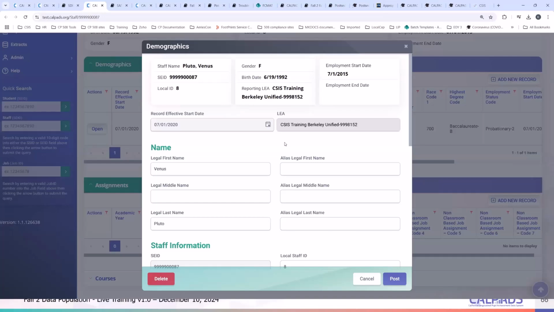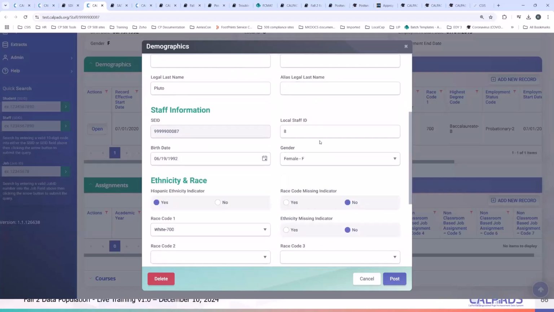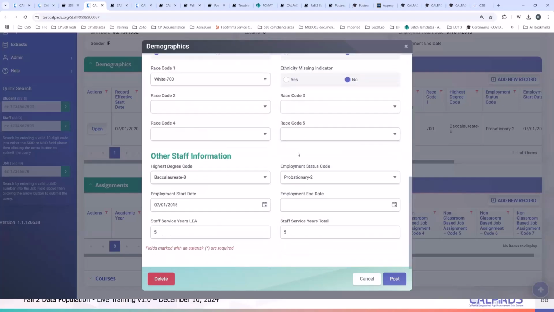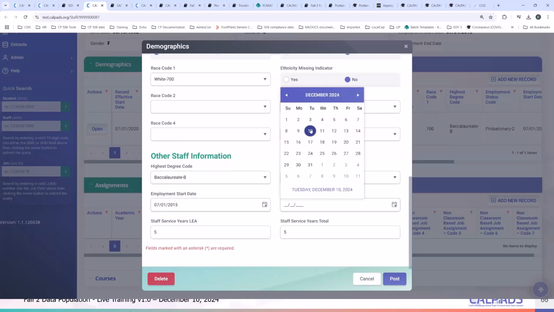How do you tell CalPADS to ignore a staff member for this current year? So let's say the staff member should not be reported, how do you do that? Right. So the way to do that is just to put an employment end date. So if you're doing this manually online, you just scroll to the bottom of the most recent demographic record that exists in CalPADS associated to your LEA, and then put an employment end date on that record.